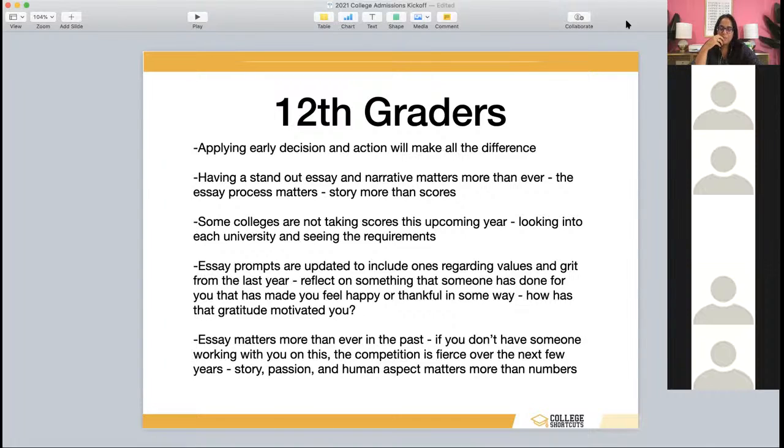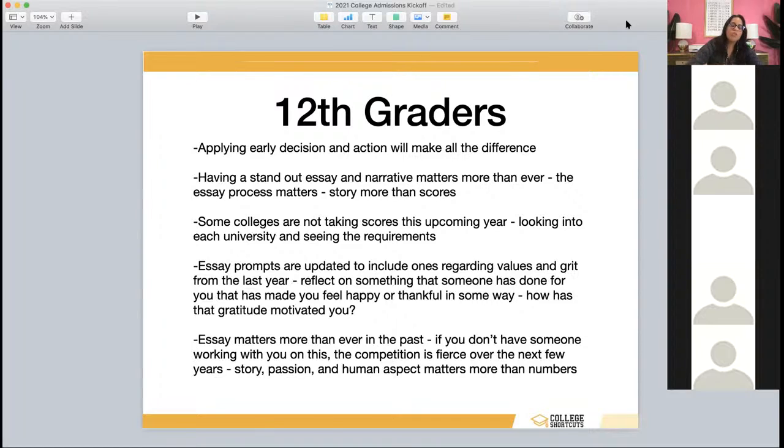In the last year, we saw so many stories come through, with COVID and everything going on in their lives. And I will tell you the essay, and I've said this so many times before, the essay truly matters more than anything else. And it is so important to make sure that you're writing an essay that really hooks the reader, that it's very clear to understand what's going on, that it's not redundant to your resume, and that it's a story that tugs very hard at the heartstrings.